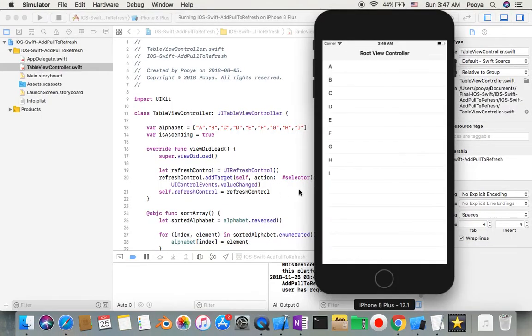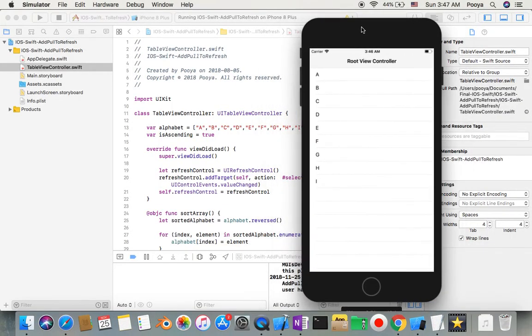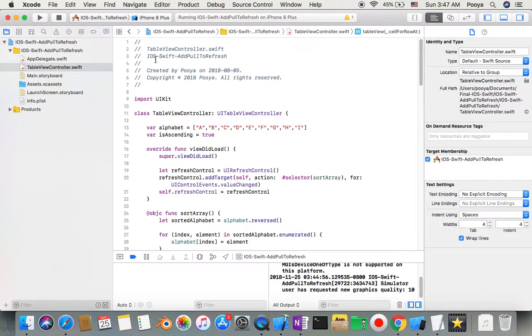Yeah, let's start, and before that I'll show you. You have a table like this. When you pull it down, it's gonna refresh in the opposite order. Again, this is how it is, and it's gonna be very useful for you and for your users. So yeah, let's